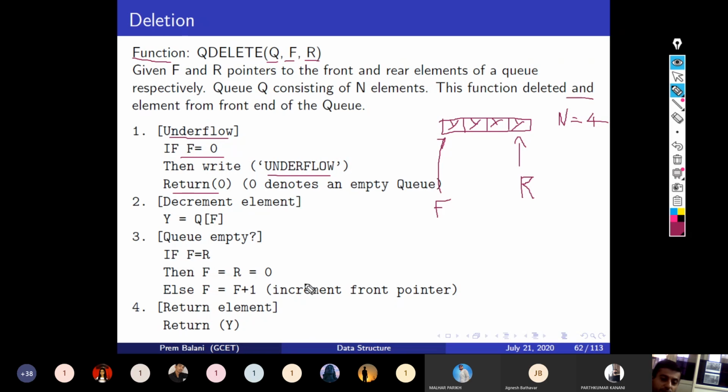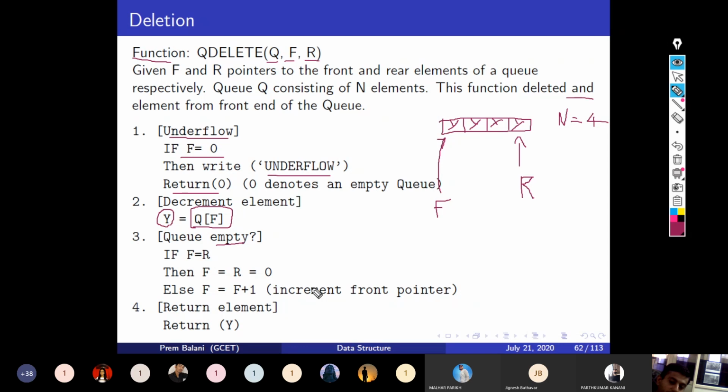Then next you get the element which is stored at the front of the queue and store it into Y, right? Now once you have stored this first element, Q of F, into Y, after deleting the element you have to check whether the queue has become empty, right?